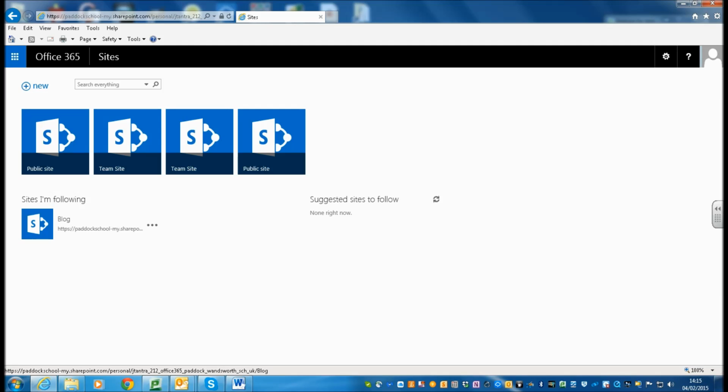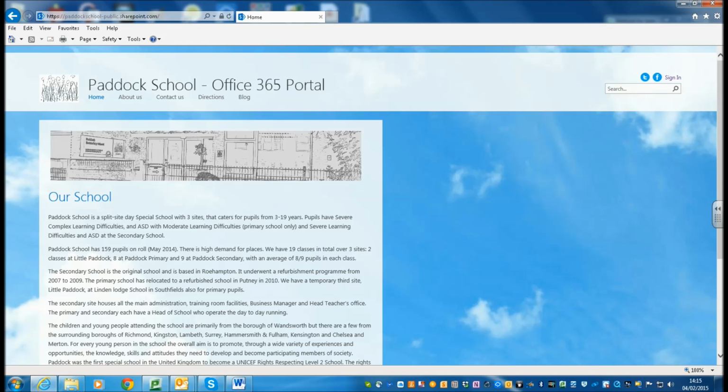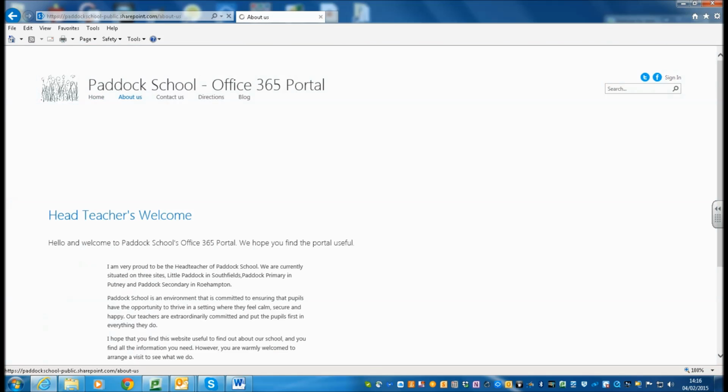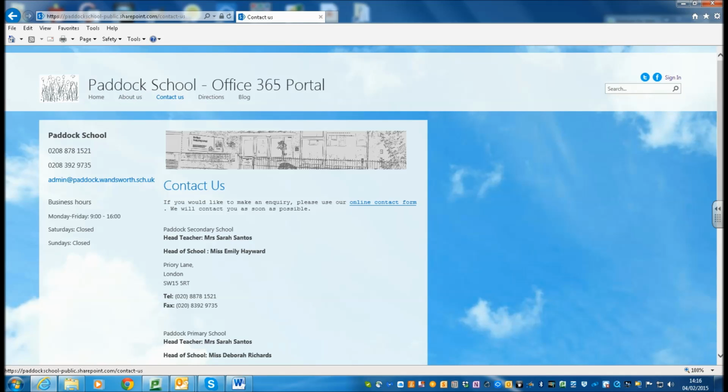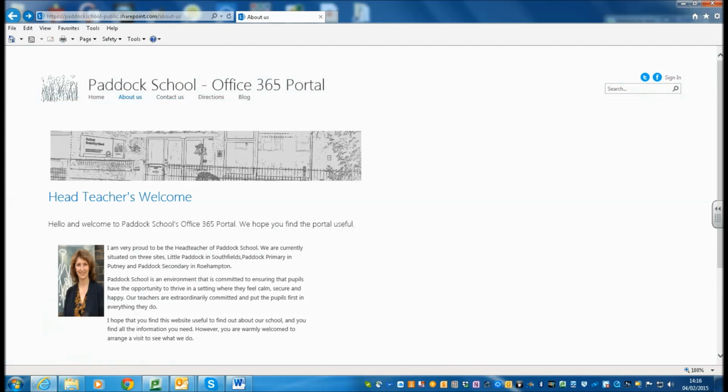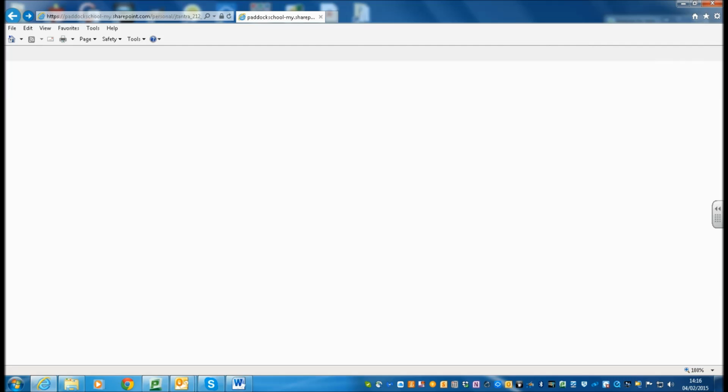We've already created a Paddock School site here. This is in its very infancy at the moment, but this is the Paddock School site. This is the portal that we've got here. We could have this as our front end and have people signing in from here if they wanted to. But it's just a very simple portal. This tells people about our school, where the school is, and here you can have a whole other pages as well. You can have links, everything you like here. Anyway, going back to our Office 365 again,